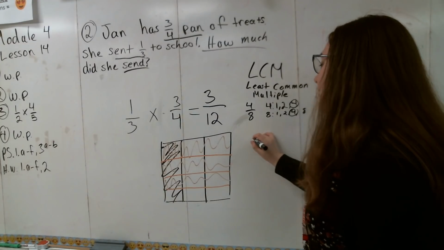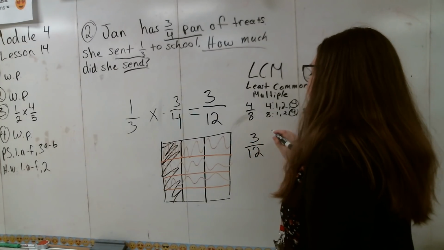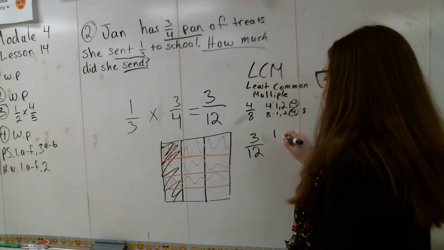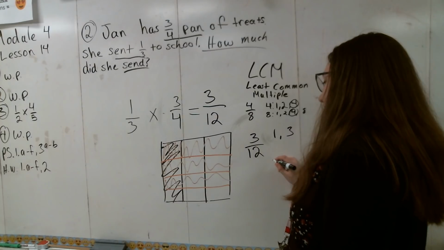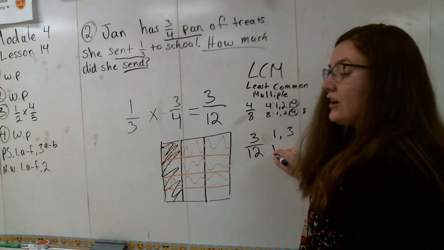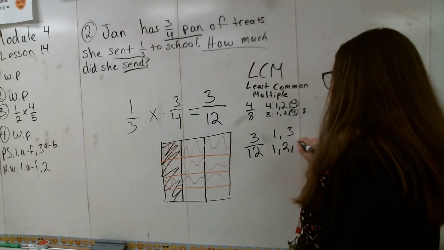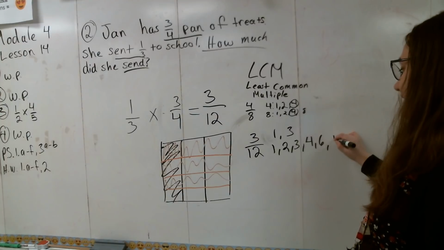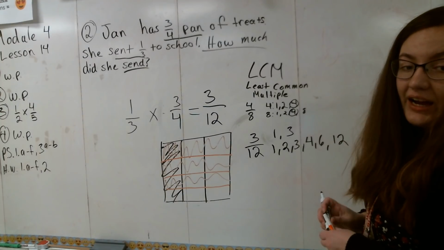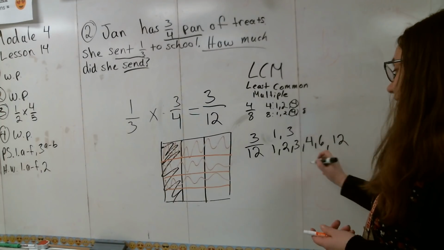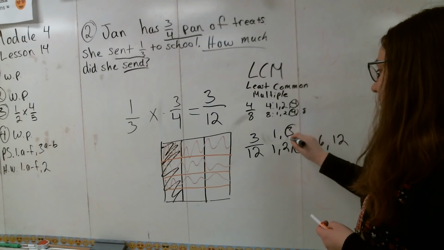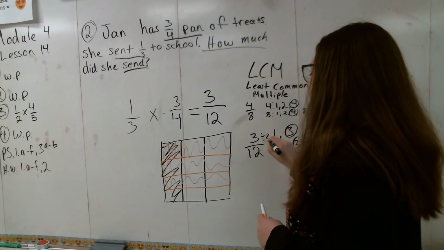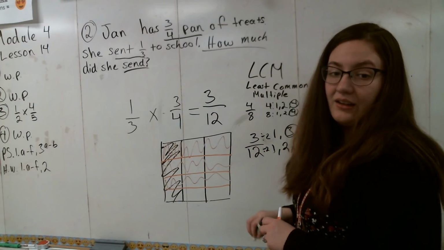So then for 3/12, I need to find their factors. So I can have 1 and 3, and then for 12, I can have 1, 2, 3, 4, 6, and 12. And now I just have to find the number that matches, which is my 3. Remember, 1 doesn't count. I find that 3, and that tells me that I can divide both of these by